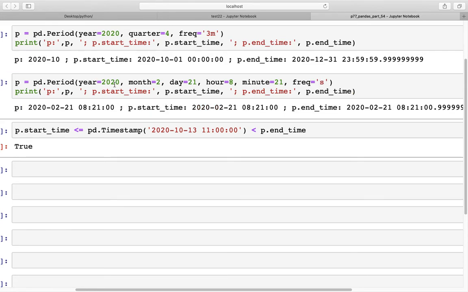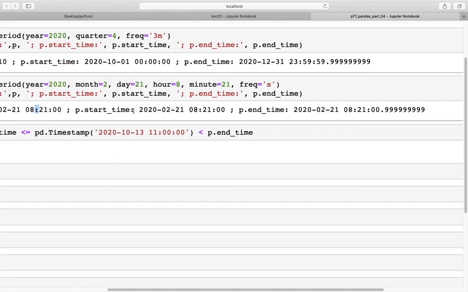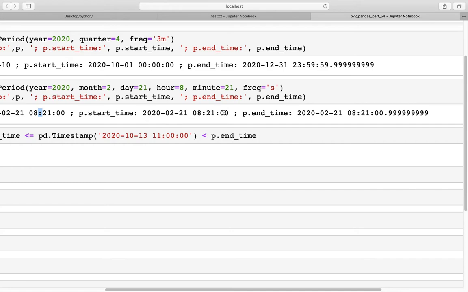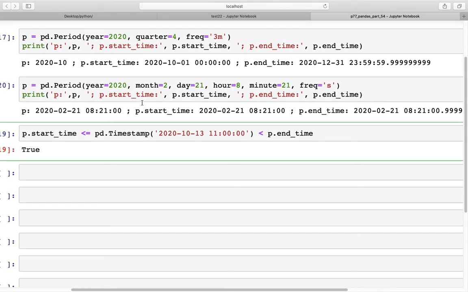And here, as we can see, the start date then is timestamp 21st of February, and it's 8 o'clock in the morning, 8:21. And because the increment is in seconds, we are starting with 0 second, and then we are going almost up to 1 second. So essentially we are looking at all the microseconds here, and that would be in the date range. So when we run this, even if we specify, let's say 221, so I'm going to go ahead here and specify